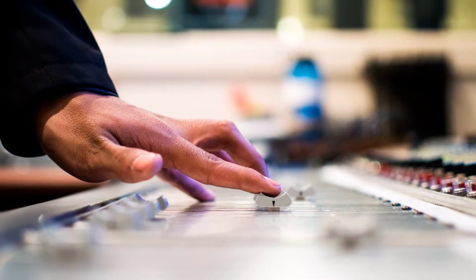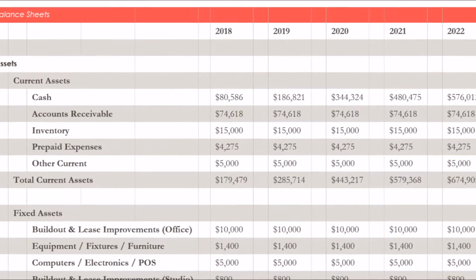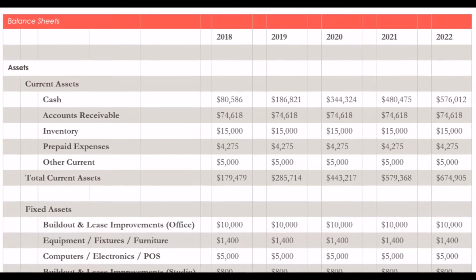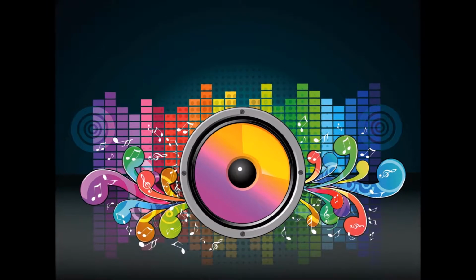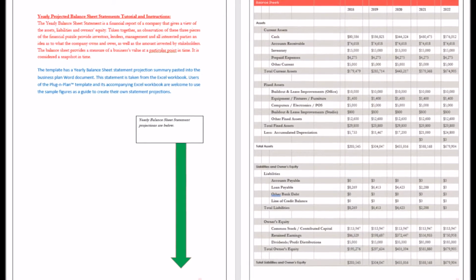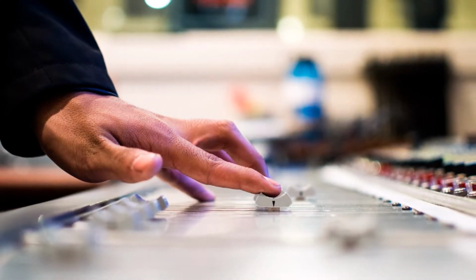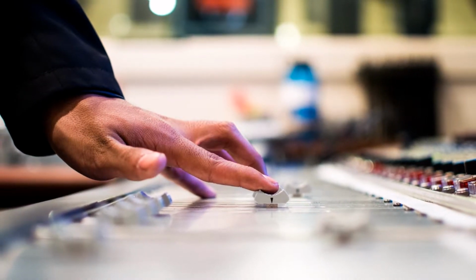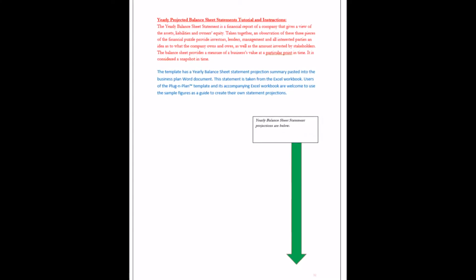The yearly balance sheet statement is a financial report of a company that gives a view of the assets, liabilities, and owner's equity. Taken together, an observation of these three pieces of the financial puzzle provide investors, lenders, management, and all interested parties an idea as to what the company owns and owes, as well as the amount invested by